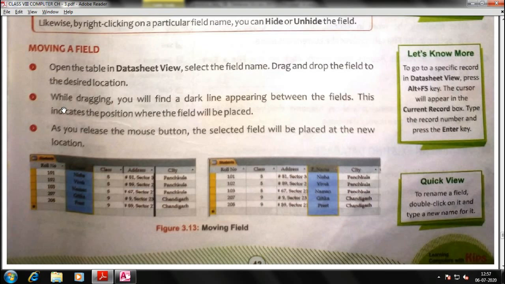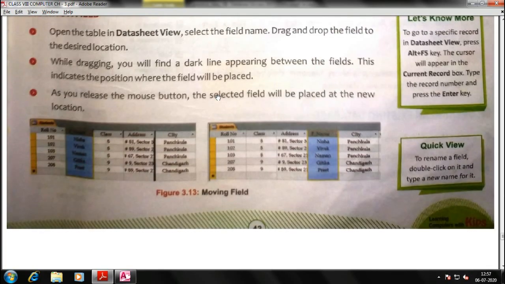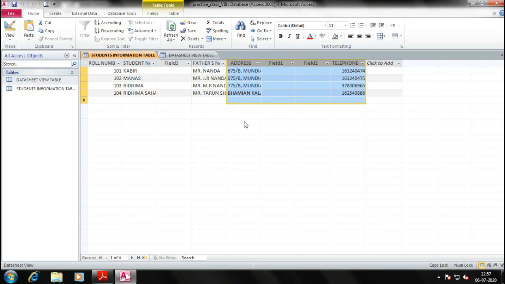while dragging you will find a dark line appearing between the fields. This indicates the position where the field will be placed. It's not moving now. Click, dark line, can you see?